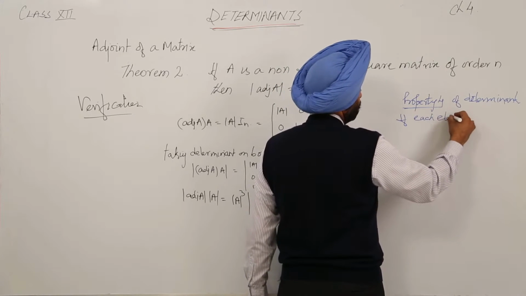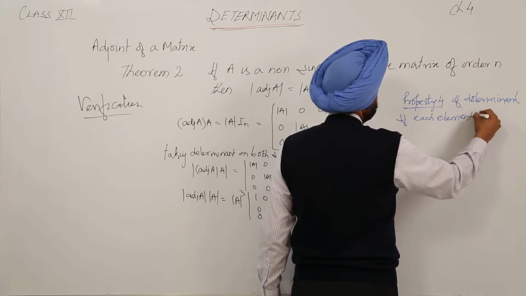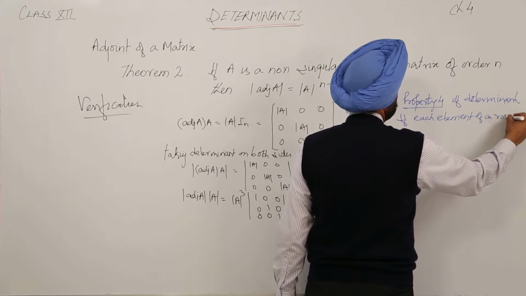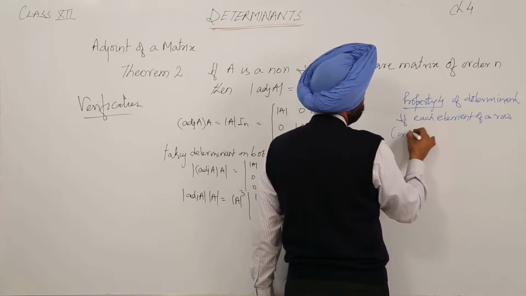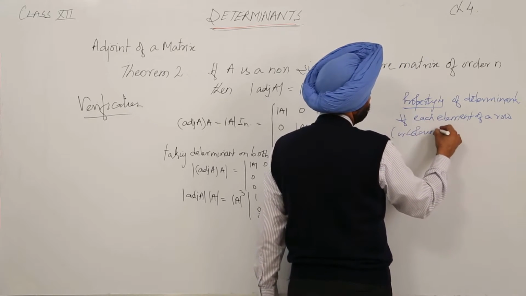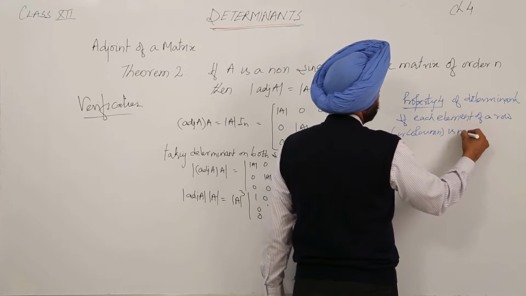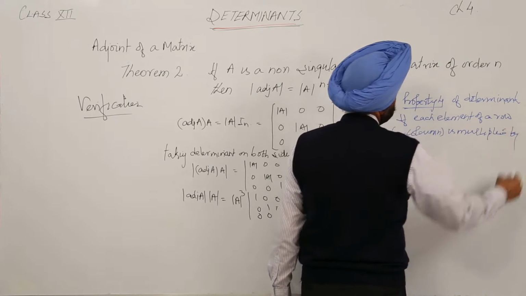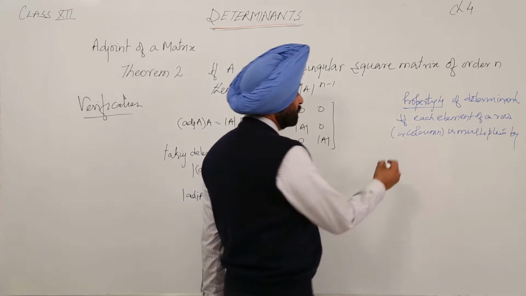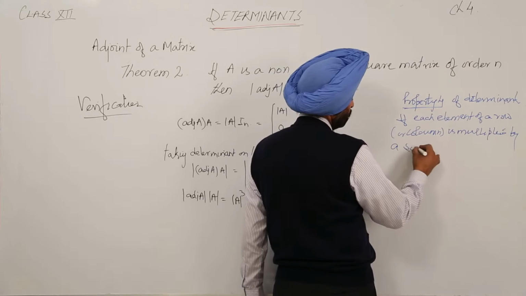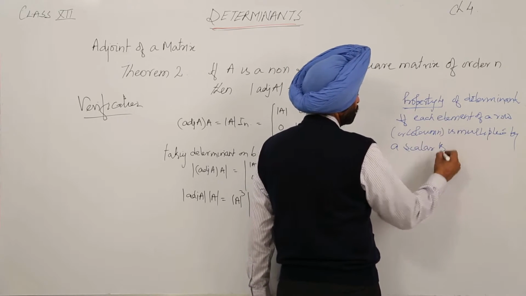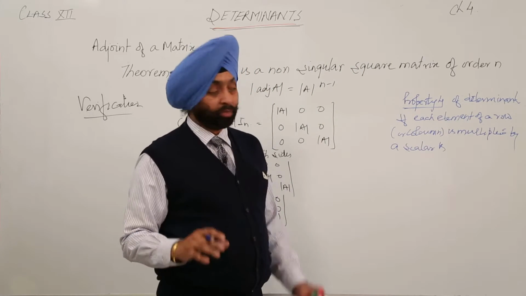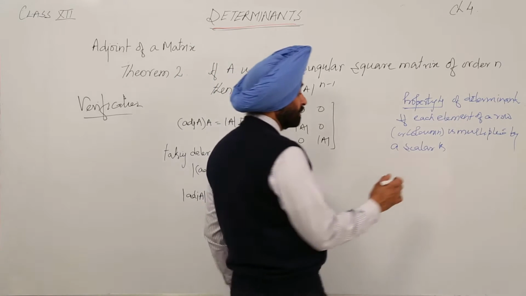If each element of a row or column is multiplied by a scalar, suppose k is a scalar number, is multiplied by a scalar k, then